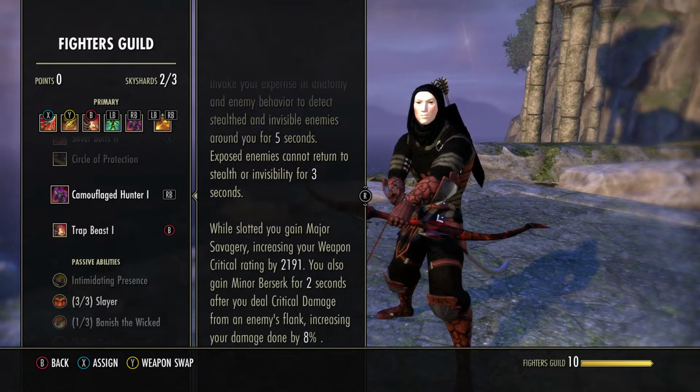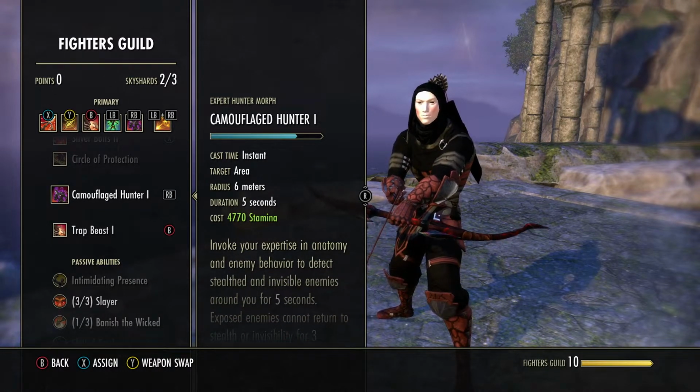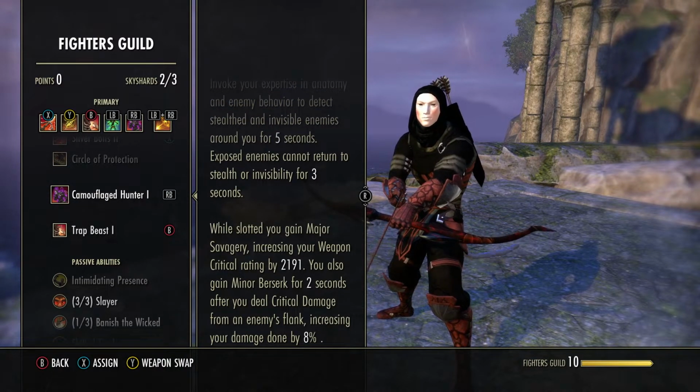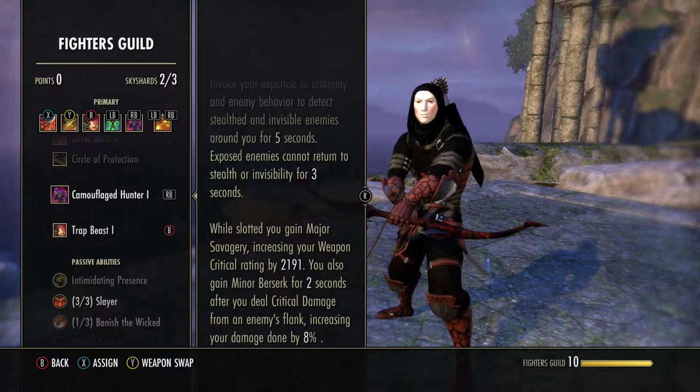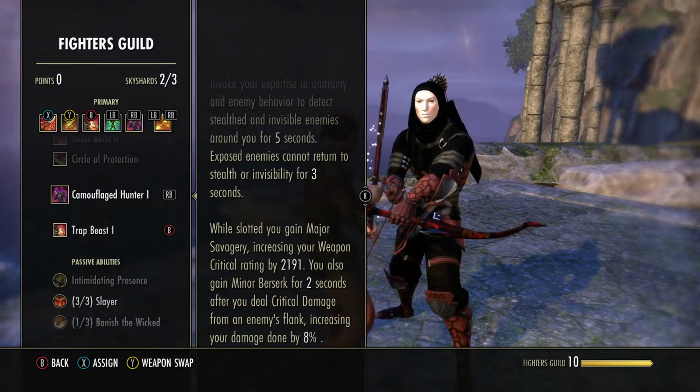Camouflage Hunter. This, compared to Mage Light, is just, it's like Mage Light Light or something. It's just not good. But it does give you Major Savagery, increasing your weapon critical rating, and you also gain Minor Berserk for 2 seconds, which will stack with Major Berserk if you have the